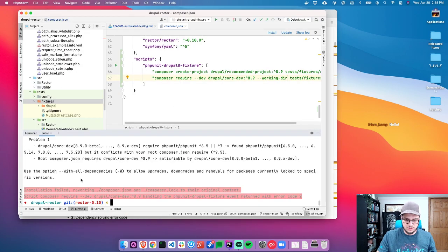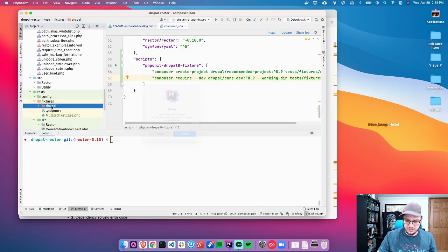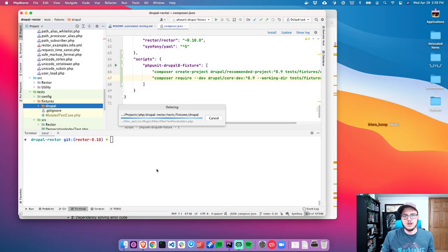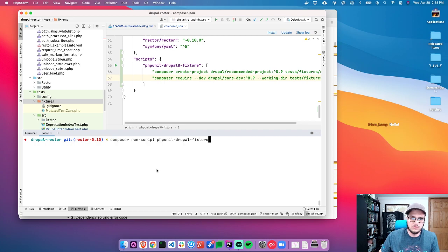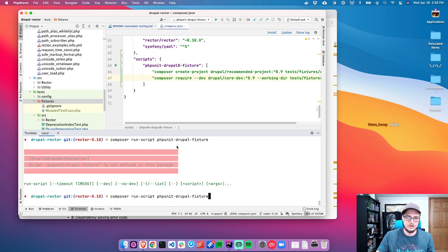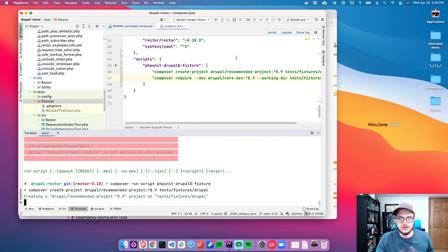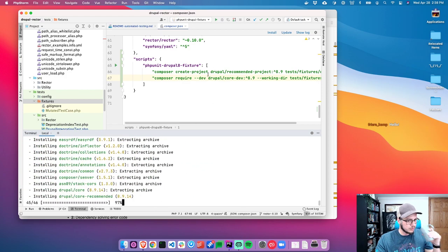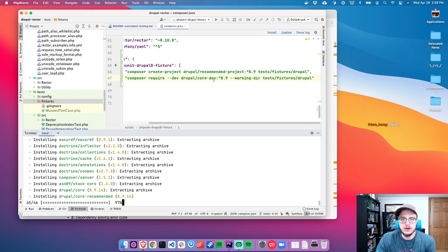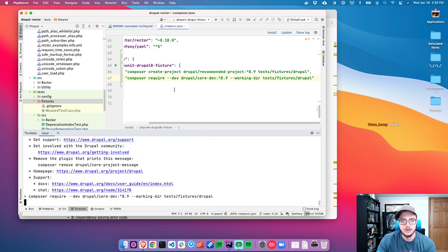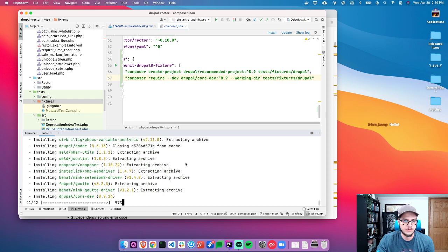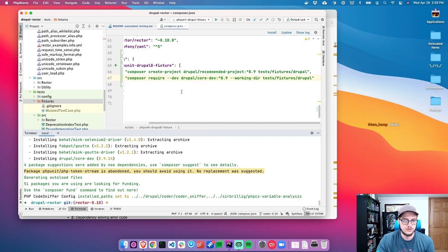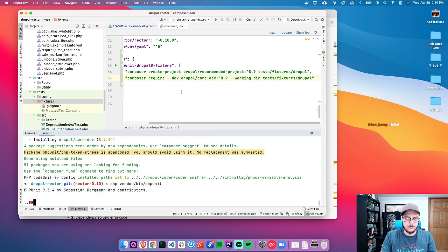So let's rerun this command, delete our test fixture. Now contributors can just run one command and be all set and good to go. Forgot to call it Drupal 8. And the reason why we have to require core dev is there's some analysis that happens against the PHP unit code that exists. So there we go. Now if I do PHP unit,